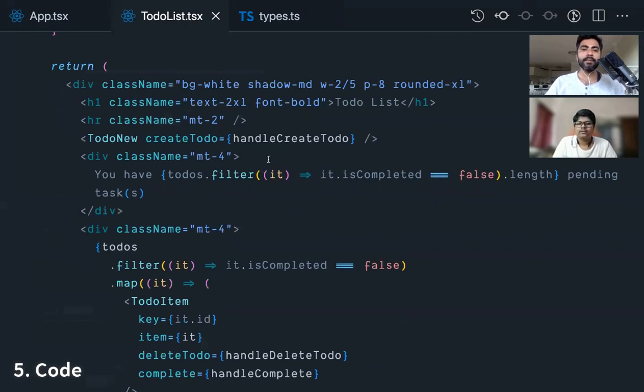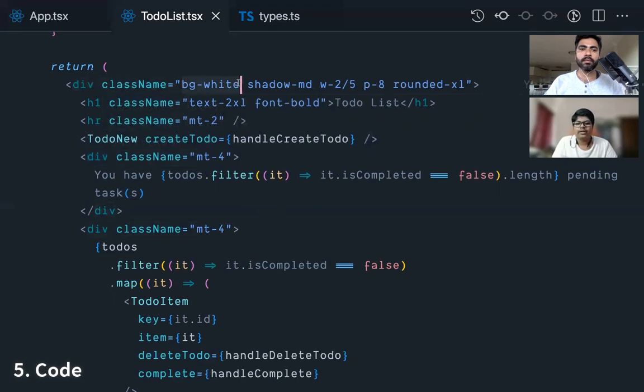Yeah. So maybe you just want to touch upon Tailwind also a little bit. People who are new to Tailwind can get some idea why we did what we did. Got it. Yeah. So as we saw in that overview diagram, we have our to-do list, and within that everything is happening. So here we have everything enclosed within a div, which has a class name for background white,